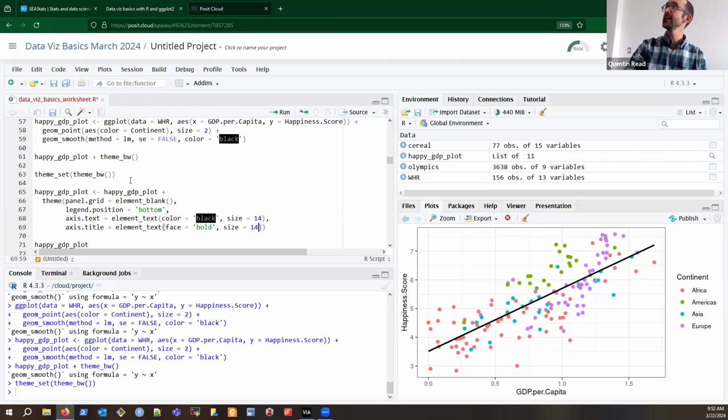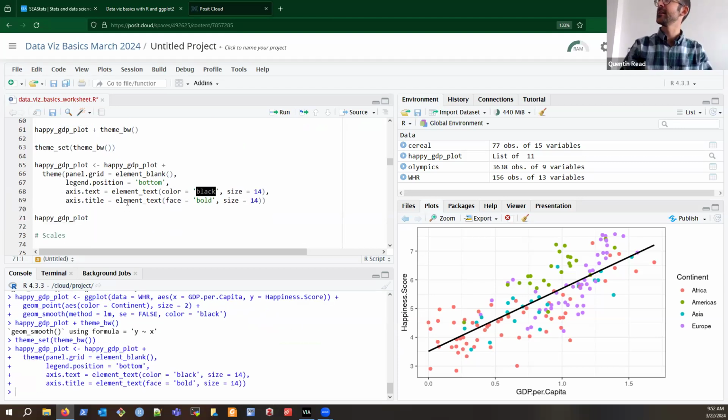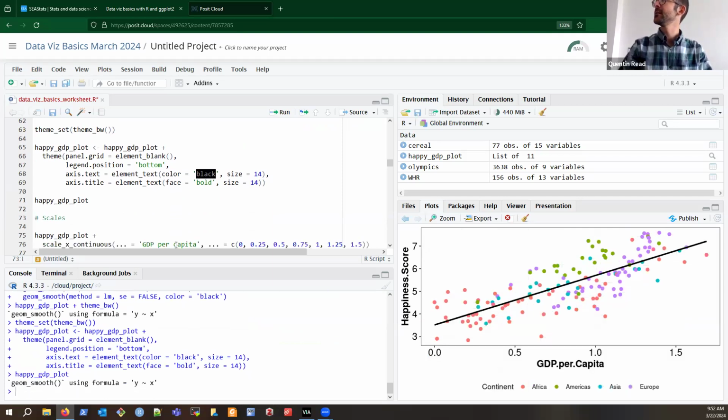And so, you can see we are adding all of this stuff to happy ggplot and assigning it back to that same object. So we're still not printing it. We are just assigning it to that object again. So we'll have it later. But now we can just type the name of the plot in and hit Control Enter, and it will print it. So we got rid of the grid, we moved the legend around,